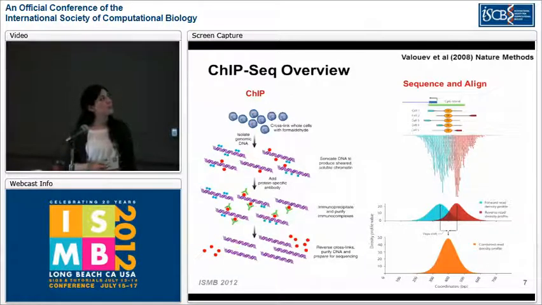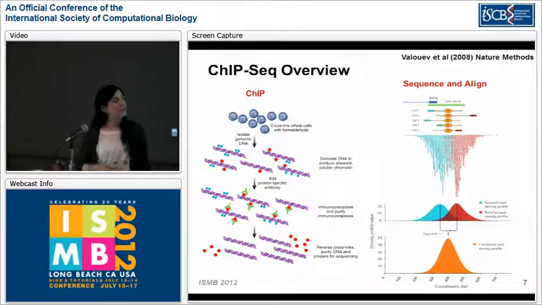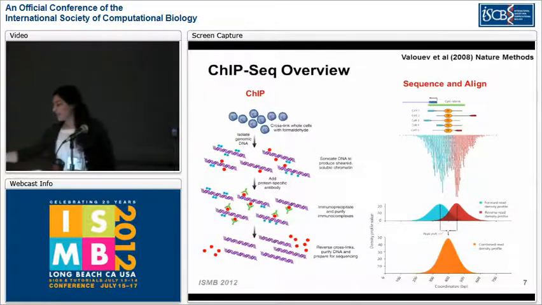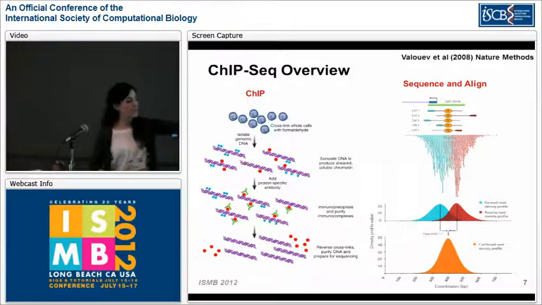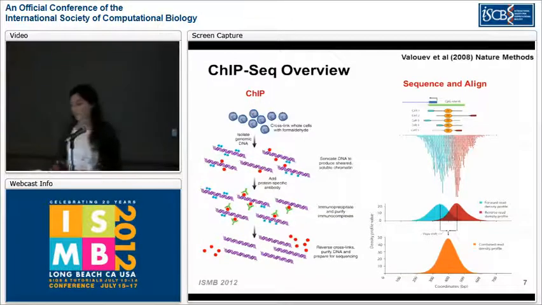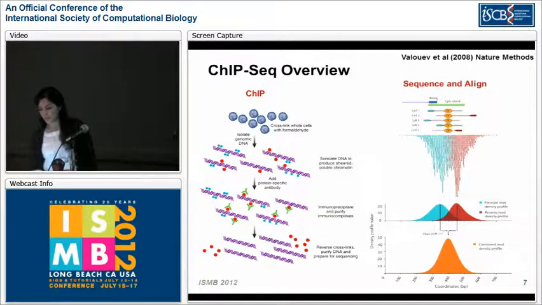The protein of interest is cross-linked to DNA, and then a specific antibody to that transcription factor is used to enrich for protein-bound DNA fragments. The fragments are then aligned to the genome reference,